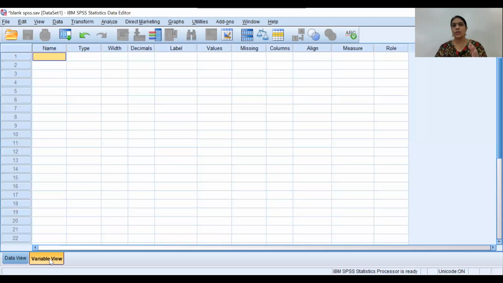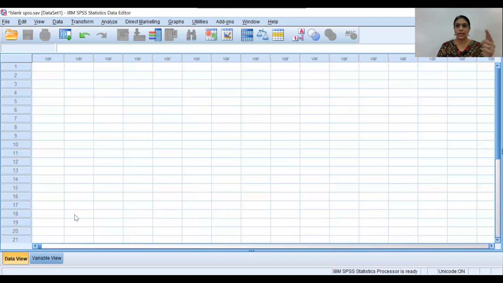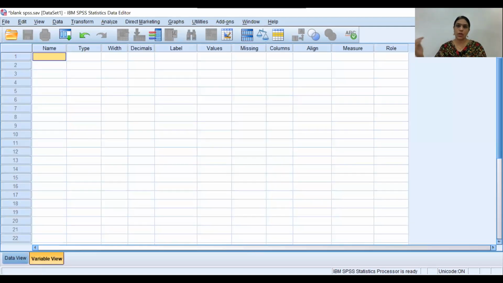In the simplest language, variable view is nothing but your questionnaire. It is a proforma of your questionnaire. Once you get the questionnaire filled by the respondent, you will do the data entry in the data view. Now, let us discuss one by one all the columns available under the variable view.